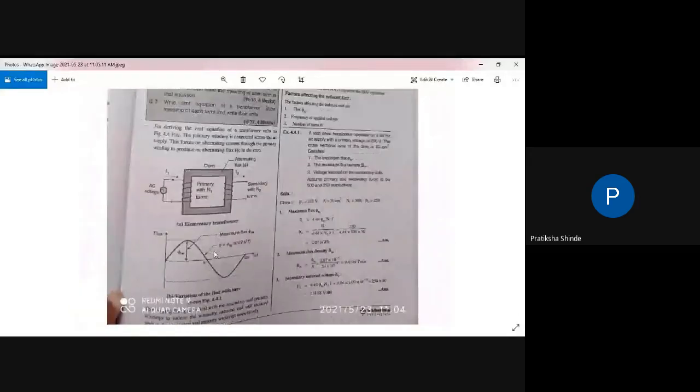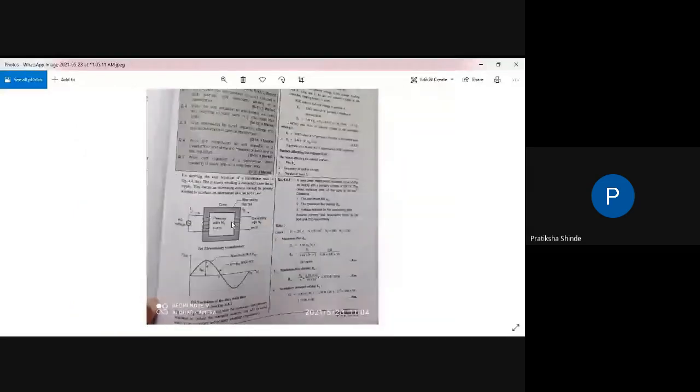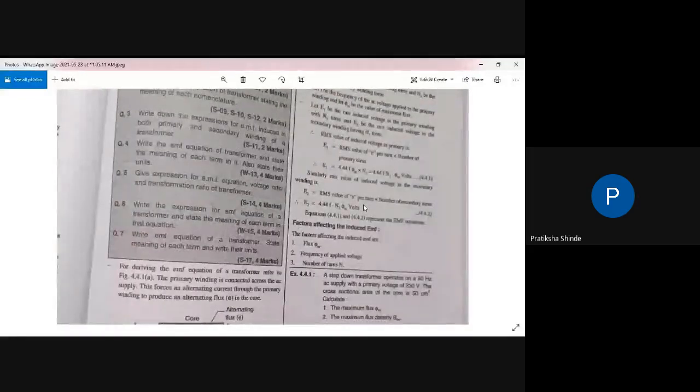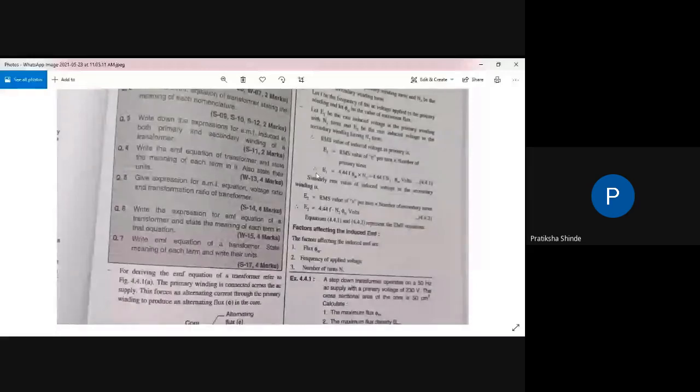Generally, the EMF generated on the primary side is called E1, and the EMF generated on the secondary side is called E2. So for the EMF equation, we come directly to the conclusion, excluding the steps. Actually, it involves the magnetic flux density and area equation for the flux, but we are excluding that and giving the final equation. What is the equation? E1 is equal to 4.44. Note this equation. E1 is equal to 4.44 f phi m N1.